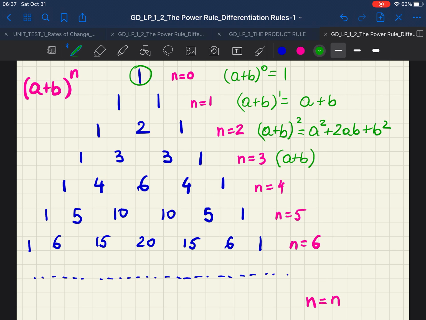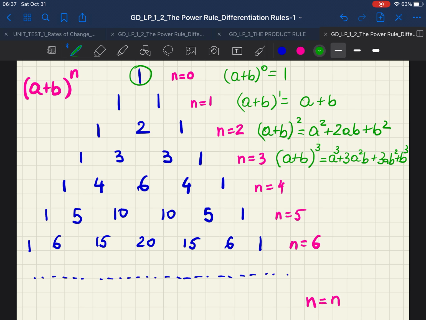If you don't, stop the video and try to expand a plus b times a plus b times a plus b, okay? And we will get a cubed plus 3a squared b plus 3ab squared plus b cubed, okay? Now, once we have expanded the binomials up to the power of 3, I want us to look at some